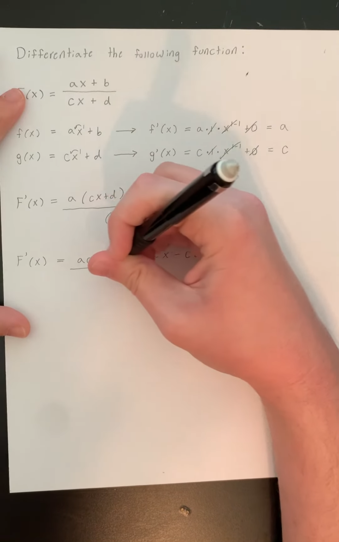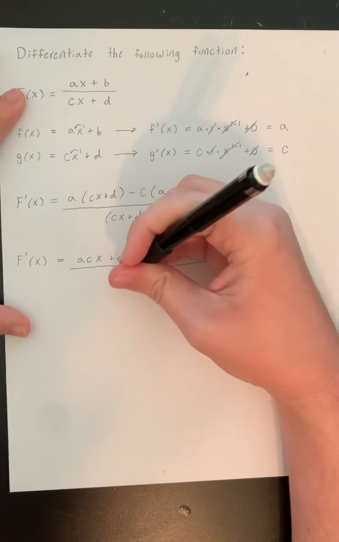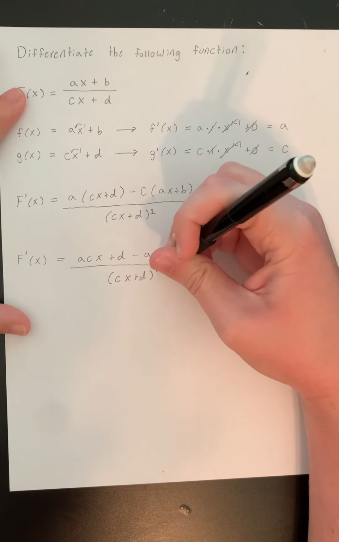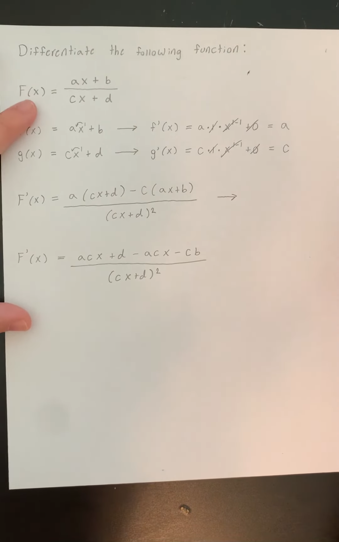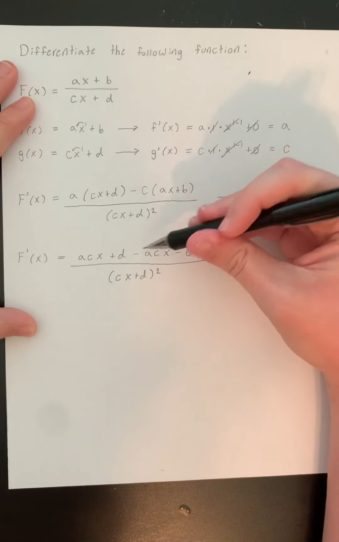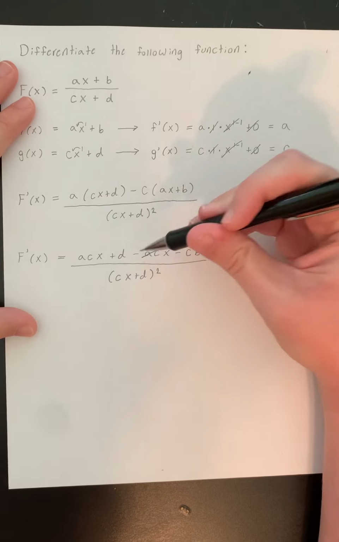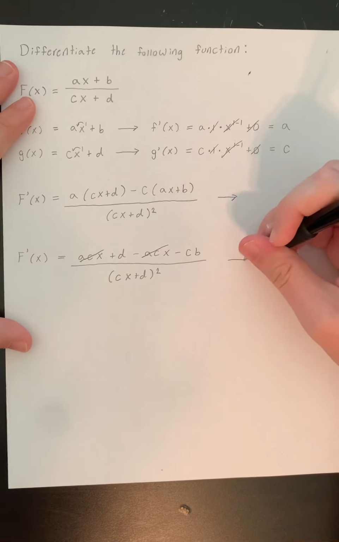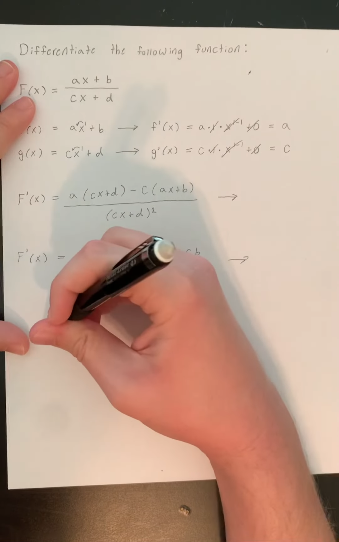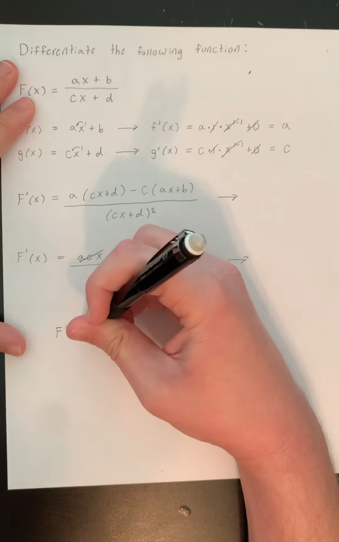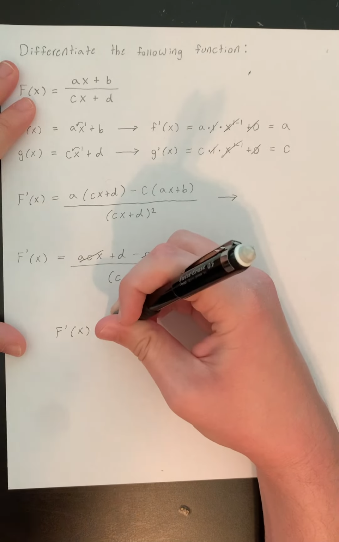And this is all still over cx plus d squared. Now you're going to notice that in the numerator we have a term that cancels out. This negative acx cancels out with the positive acx. So finally we're left with the final answer of f prime of x equals,